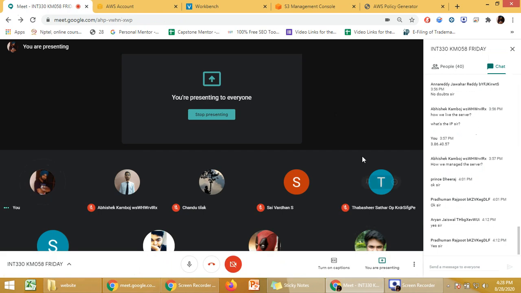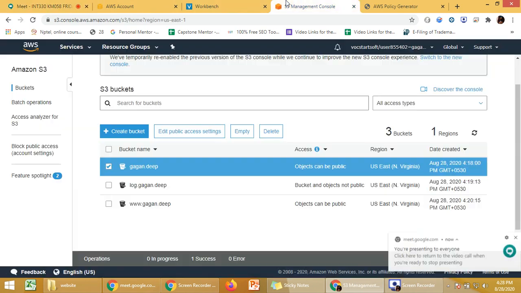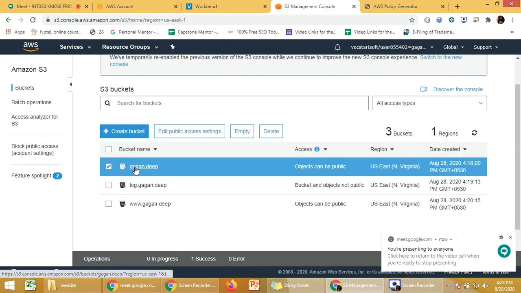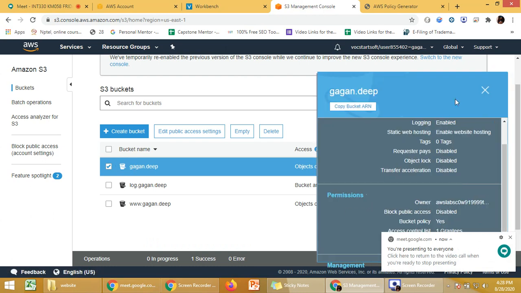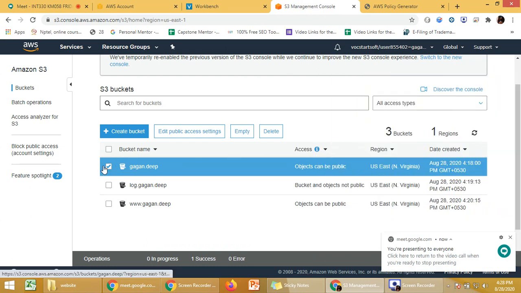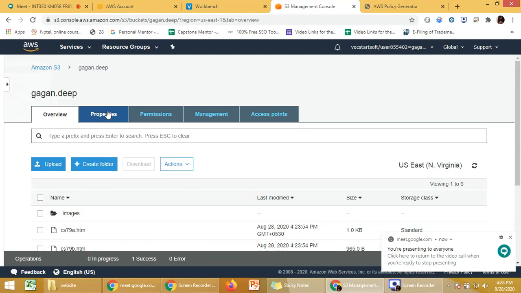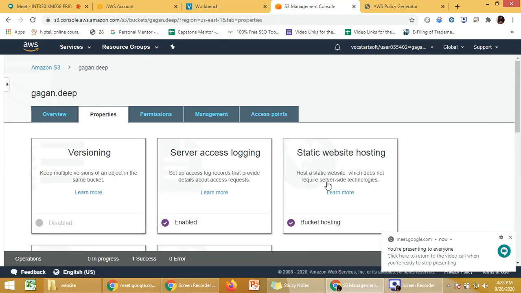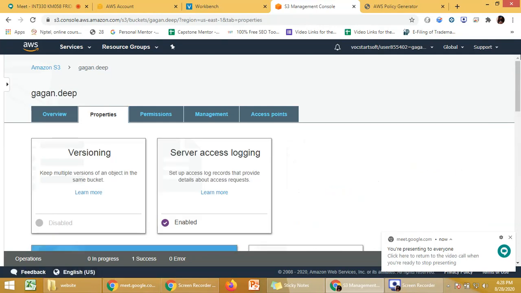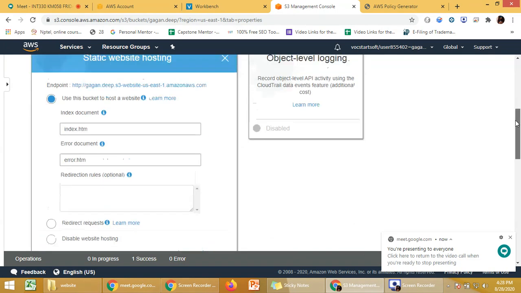Now let us move to the bucket and start using it. So we are going to properties, static website, and you can see there is a link.